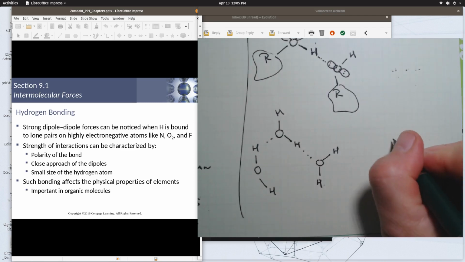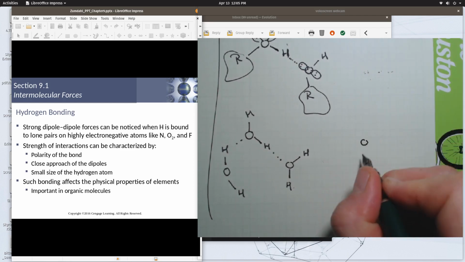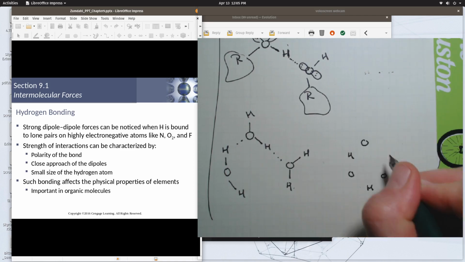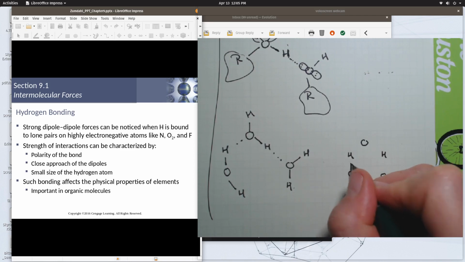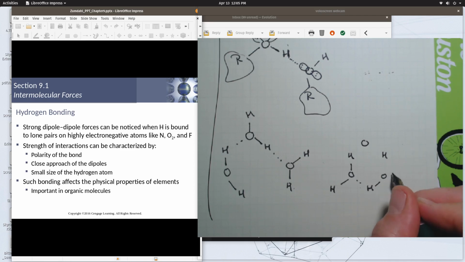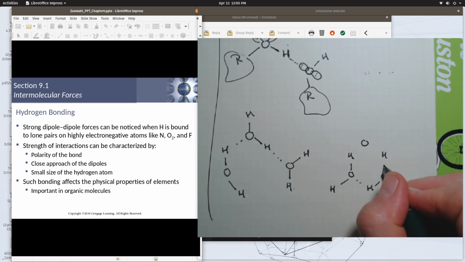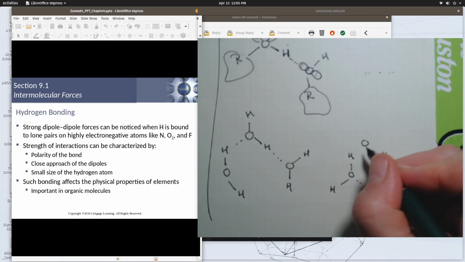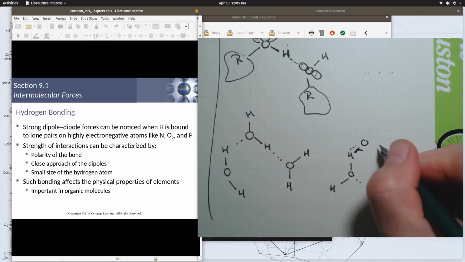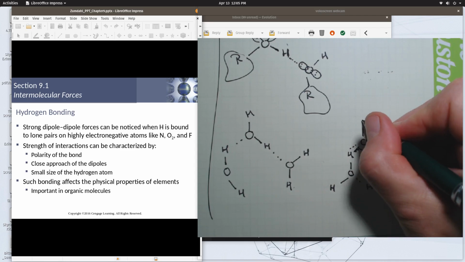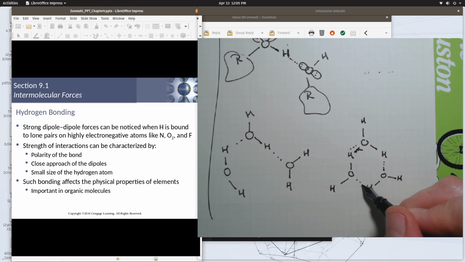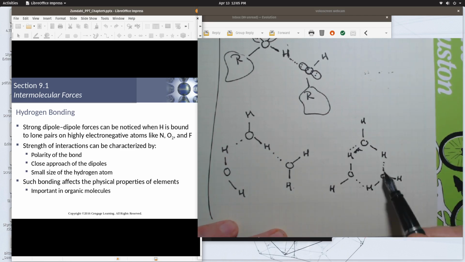And so maybe I could draw this out a little way. Maybe to look something like this: oxygen, hydrogen, oxygen, hydrogen, oxygen, hydrogen. Let's say those 2 guys are bound to each other. Here we go. And maybe this one's bound over here. Here's another hydrogen. Okay, so this isn't a bond. Hydrogen bonds are the dots, and you see I've got this nice structure of